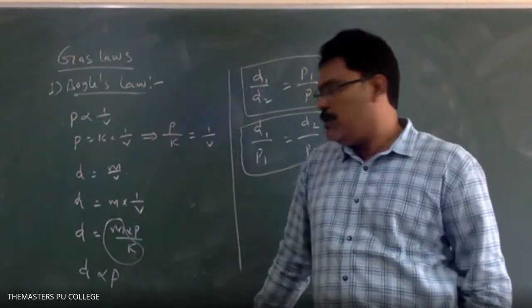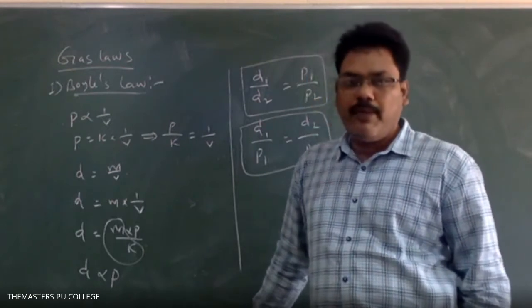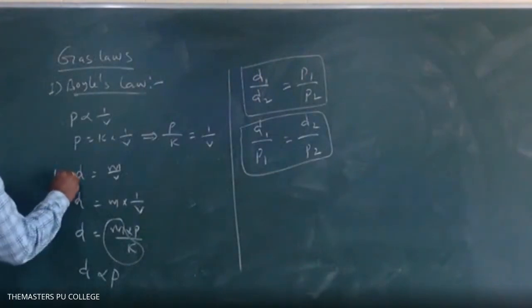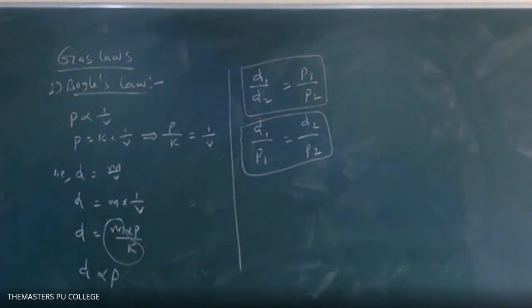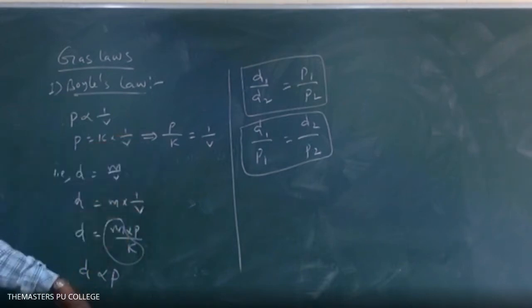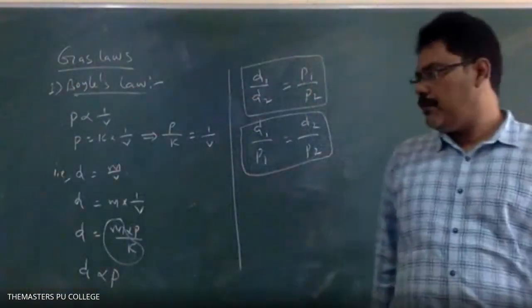That is D equal to M by V. So that is mentioned here. That is the statement that is D equal to M by V. So from this D is equal to M into 1 by V. So continuation you write that. Up to here you write. Then one more statement.